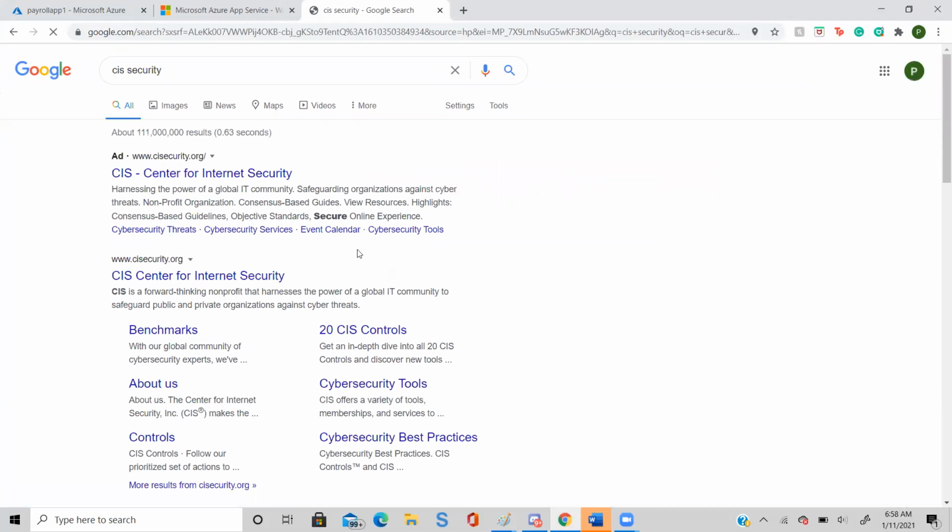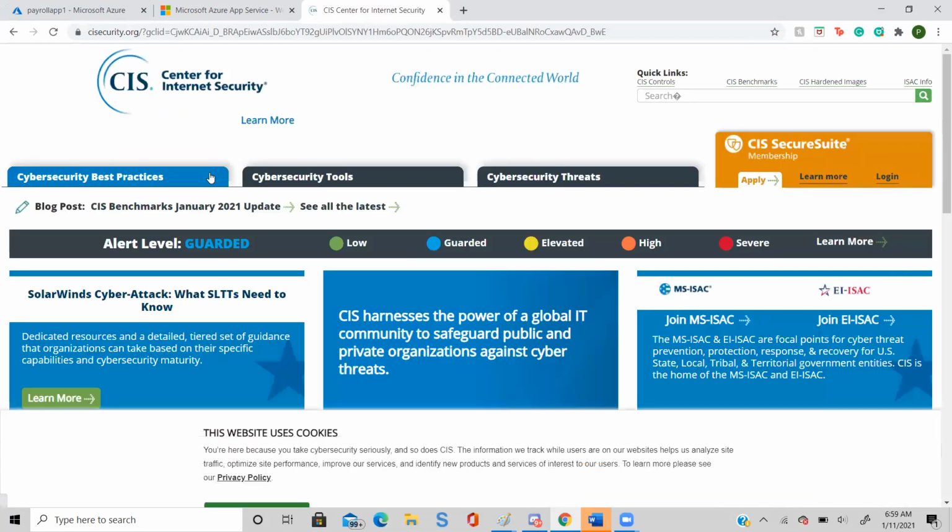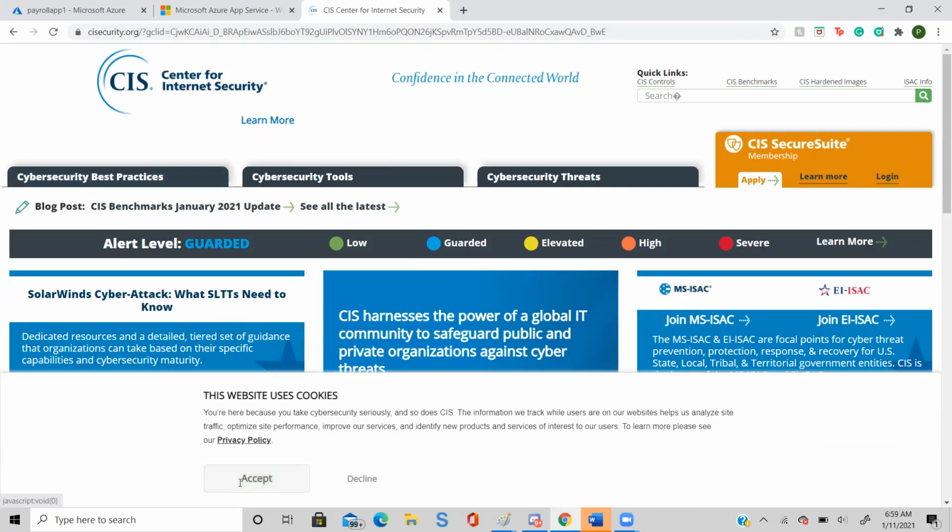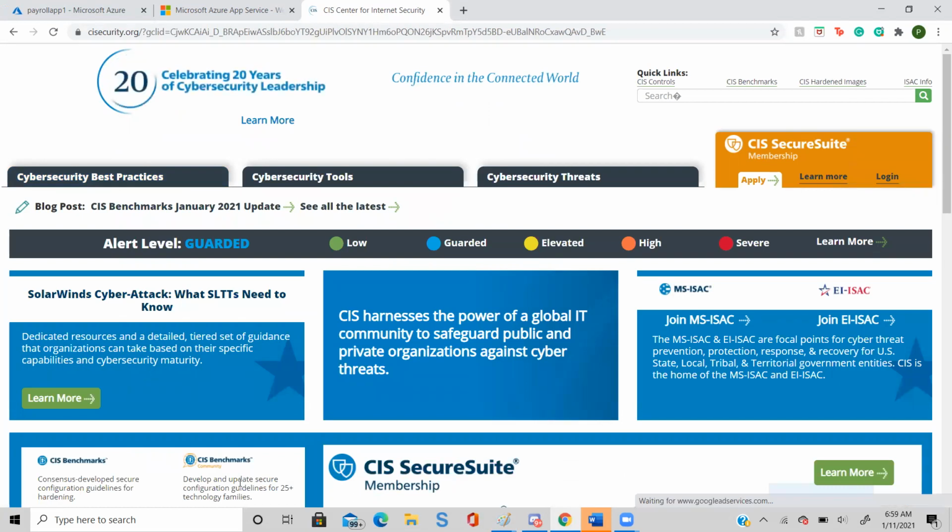So there is a website called CIS, Center for Internet Security. Just hit that website. Good. Now in this CIS security, you have something which is called a cyber security tool.